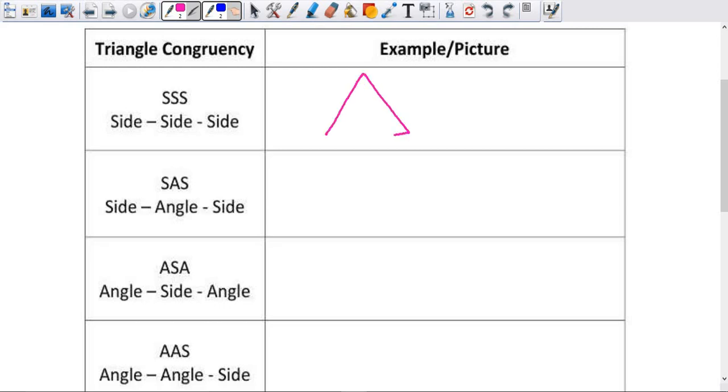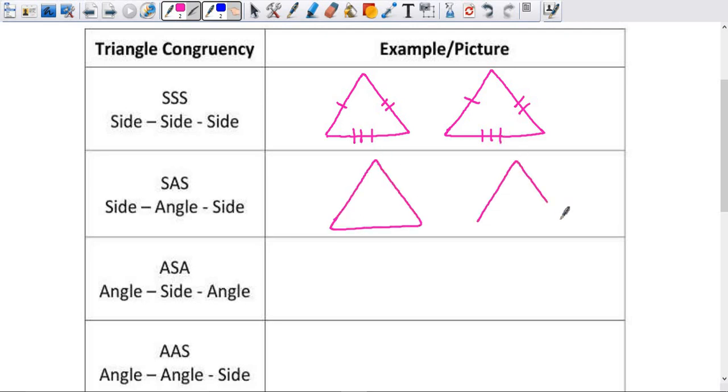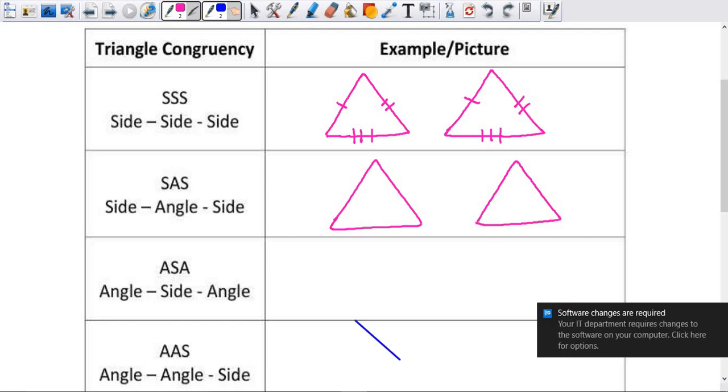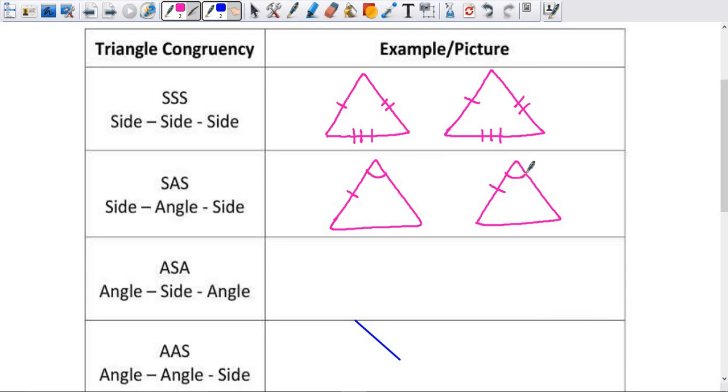What we're talking about here is we would have 2 triangles, and if we want to call these 2 triangles congruent by SSS, then each side should match up for each triangle. Okay, so we have all 3 sides. You can also have side angle side, or SAS. An example of that would be a matching side, then a matching angle, and then another matching side. That angle needs to be in between the sides as well, and this picture would be an example